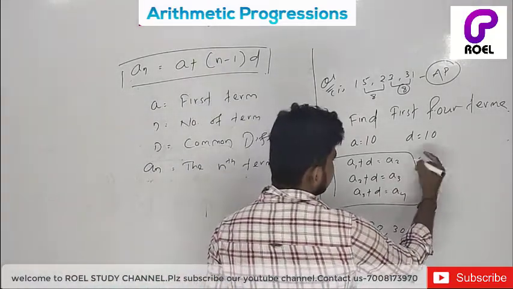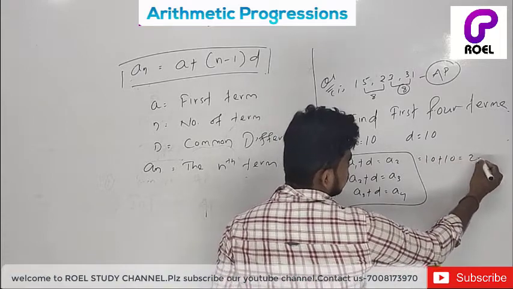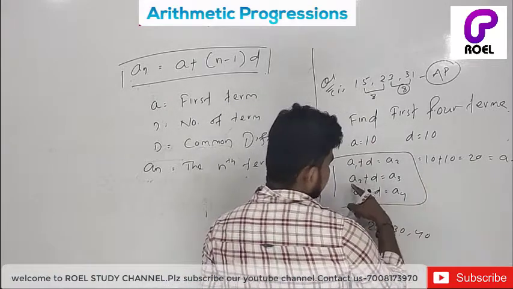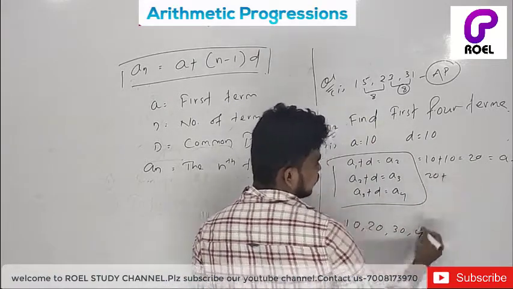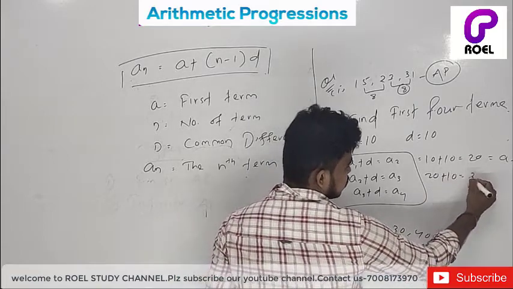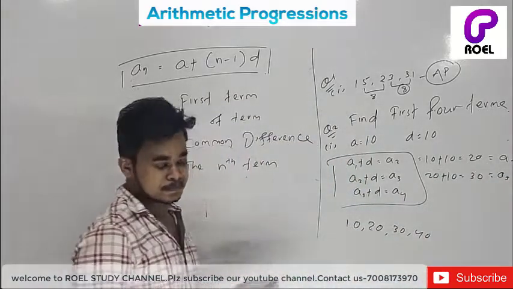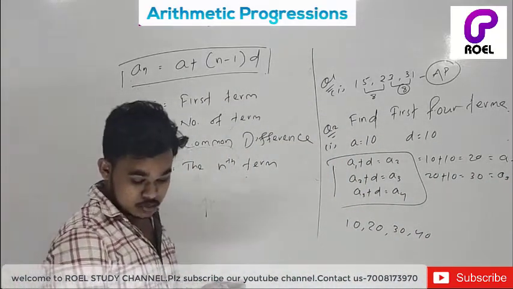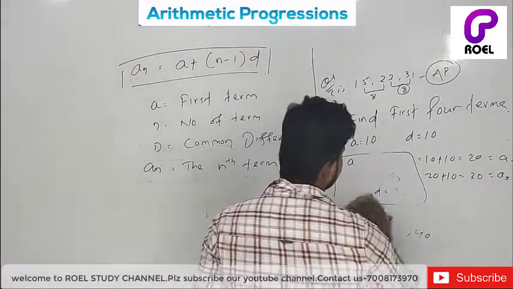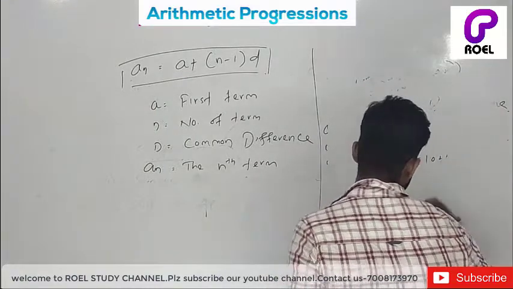Here we have A1 as 10 and the difference is 10. We got 20, that is our A2, means term 2. A2 is 20. Okay, D is 10. We got 30, that is our A3. Okay, likewise we can solve question number 2. Okay, it is very easy. AP is very easy.